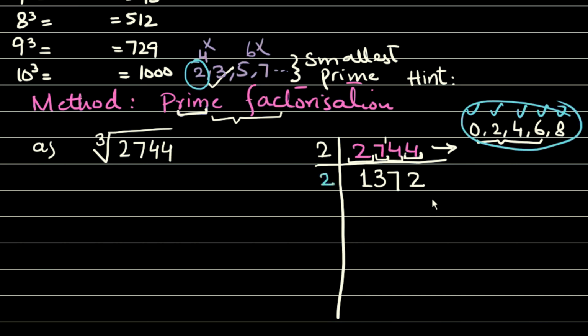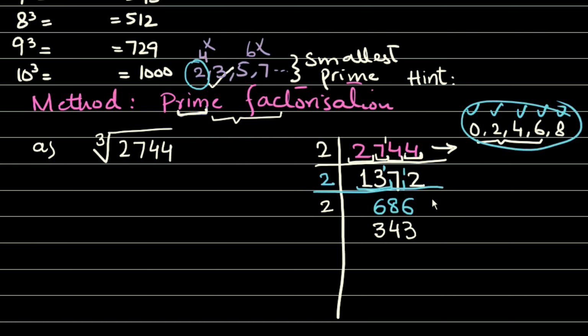So it means the number is divisible by 2, so I will start by dividing by 2. 2 times 1 is nothing, so I will take the nearest number. The nearest number in table 2 is 12. 2 sixes are 12, and the 1 we give to the next digit. It becomes 17, and 17 never comes in table 2, so I go with the nearest number, 2 eights are 16, and now it becomes 2 sixes are 12. Again, you can observe the last digit is 6, so the whole number is an even number. So you will divide by 2. 2 threes are 6, 2 fours are 8, and 2 threes are 6.